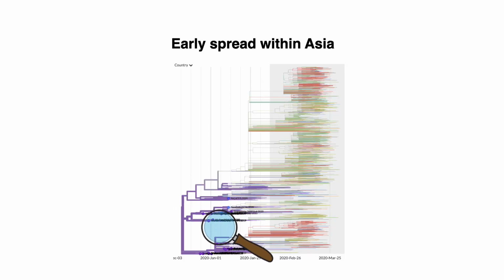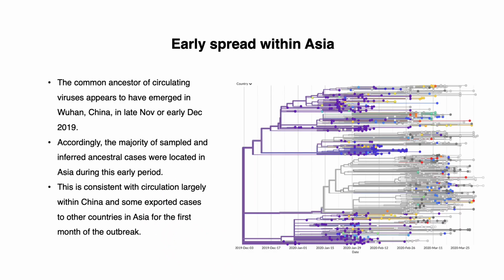Here we highlight samples from mid-December 2019 through mid-January 2020, during the first month of the outbreak. Comparing where a sequence was isolated from geographically to where its ancestors were circulating can help us understand not only where infections are occurring, but also where they may have been acquired. The common ancestor of circulating viruses appeared to have emerged in Wuhan, China, in late November or early December 2019. Accordingly, the majority of sampled and inferred ancestral cases were located in Asia during this early period. This is consistent with circulation largely within China and some exported cases to other countries in Asia for the first